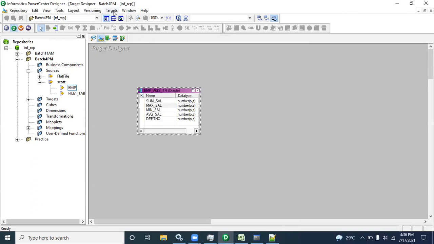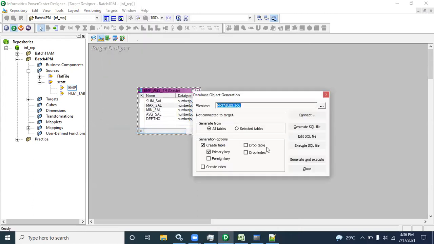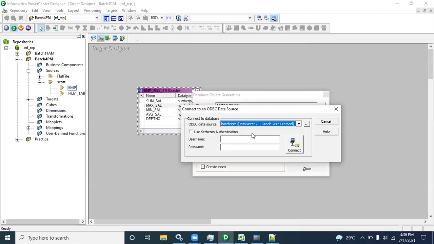Okay. Go to the target menu. Then again, last time I think we did it on the RAM machine, right? Click on generate and execute. Then we have to click. We no need to create the primary key. So generate and execute. And suppose we have batch 4